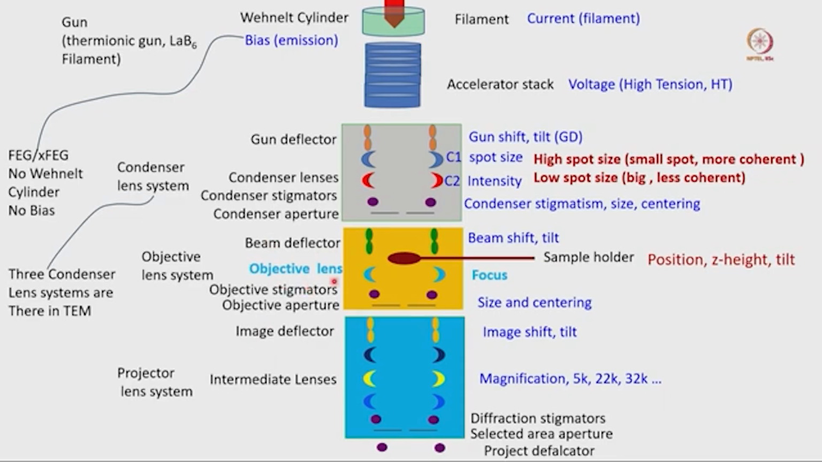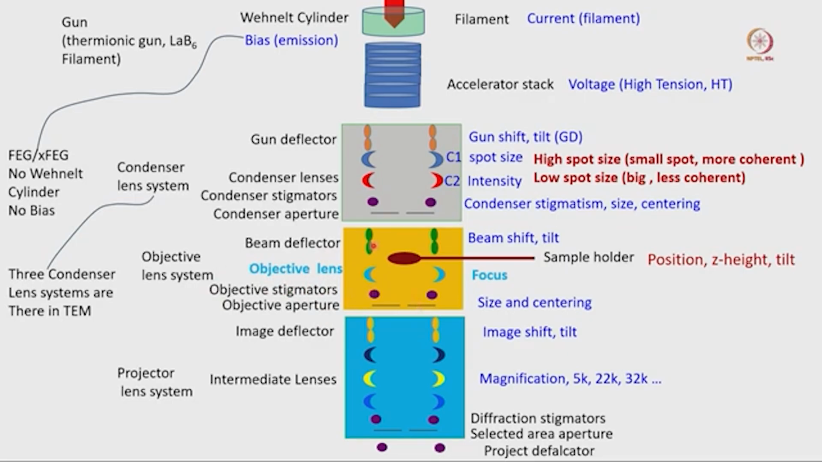Now, the objective lens. Can you see it is written as an objective lens? No, we cannot see that it is written as an objective lens. You can see it is written as focus, because the objective lens is a very strong lens. We already discussed this one, and it is basically helping us to focus our electron beam. And whatever stigmator and aperture is connected with the objective lens is called the objective stigmator or objective